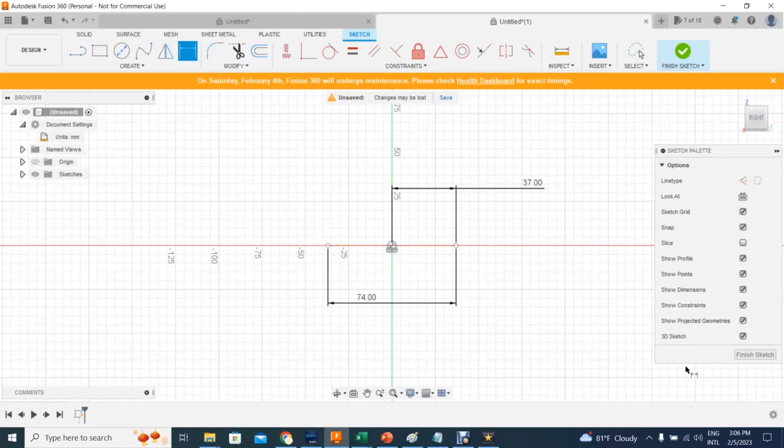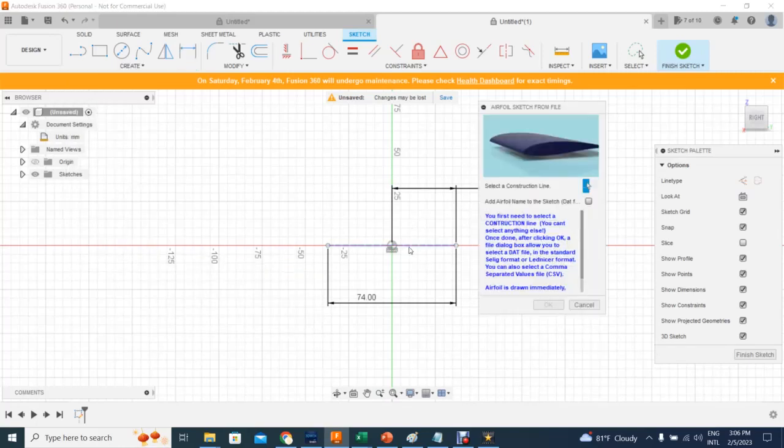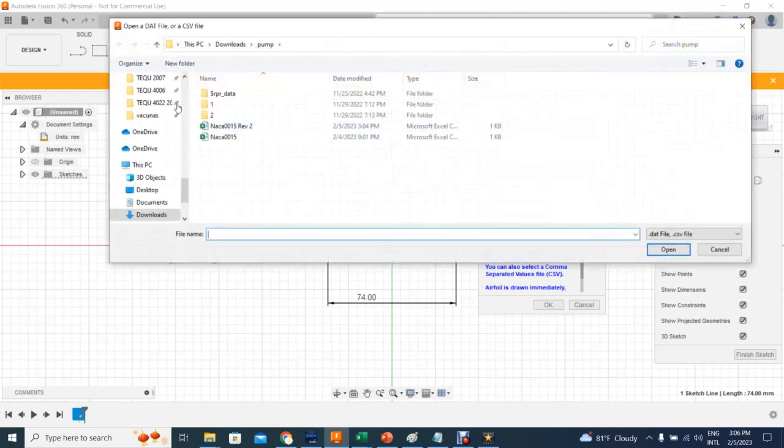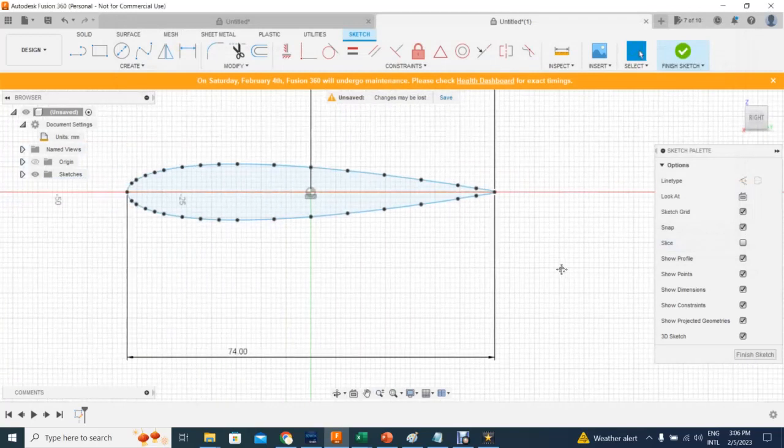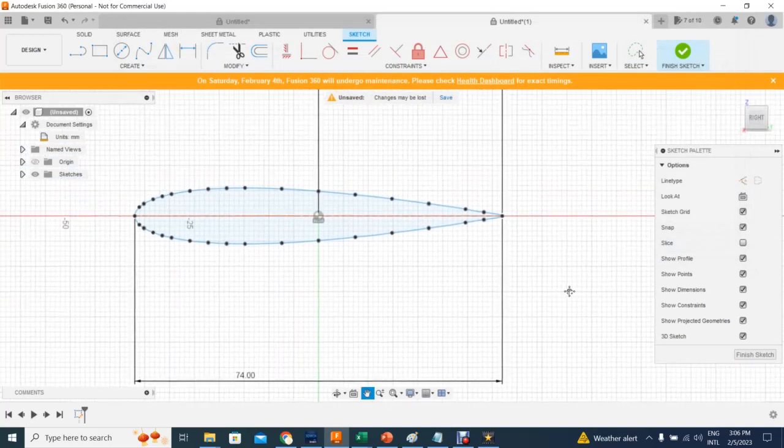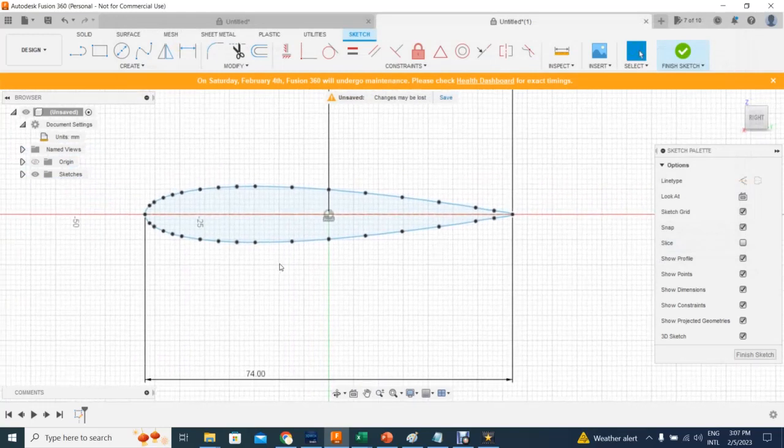So anyway, you already have it. The next step is to go here and now pick the line, the construction line that you have, and now you're okay, start to work. When you hit it here, then you go to your file, either this one or this one, it doesn't matter. Actually, let's use this one just for the sake of the argument. And when you do that, open right there. You see? No problem. It looks perfect to me. Perfect. That's it. And from there, you just finish your sketch